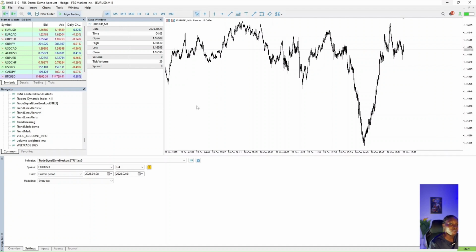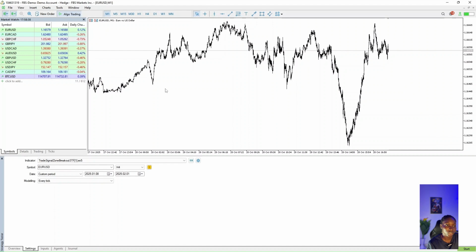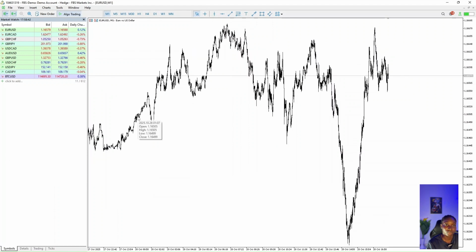When you open up your MetaTrader 5, just like I have on my screen now, you'd find that there are so many buttons on the screen, and naturally for someone who's not a developer or someone who's into algorithmic trading, you might not know what some of these windows are for exactly. So this is what a regular MetaTrader software would look like. But if we are trying to go into algorithmic trading,